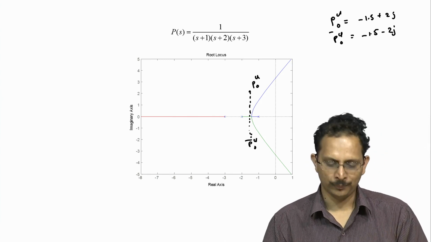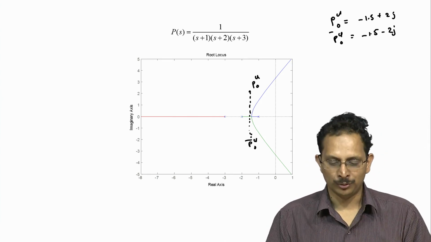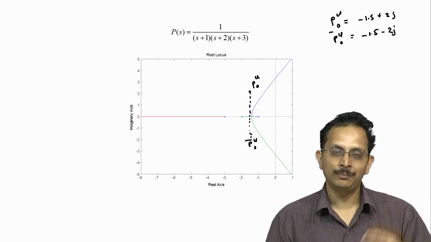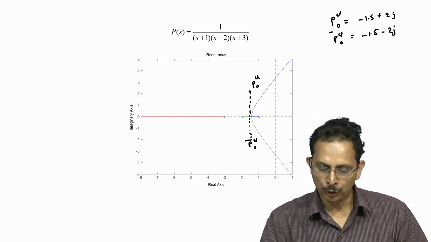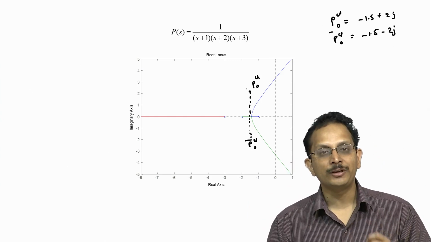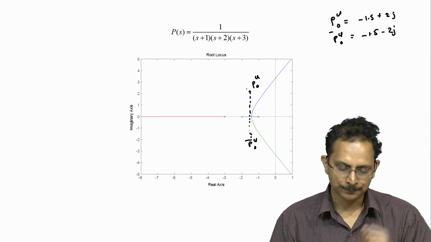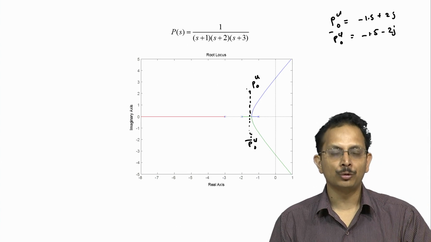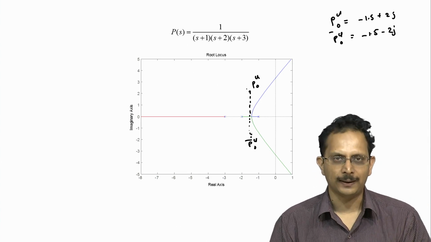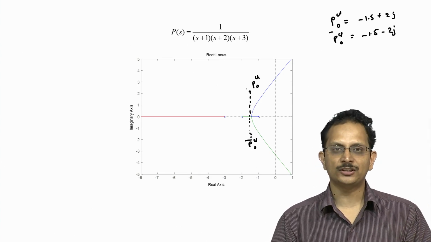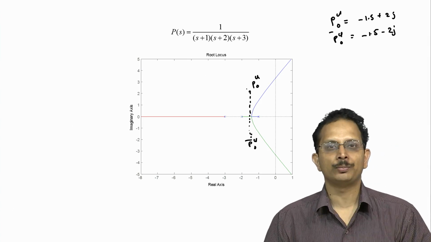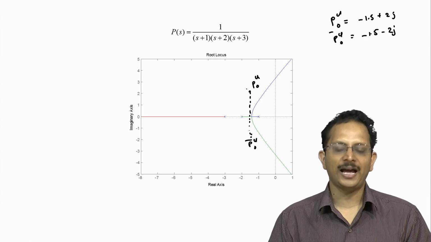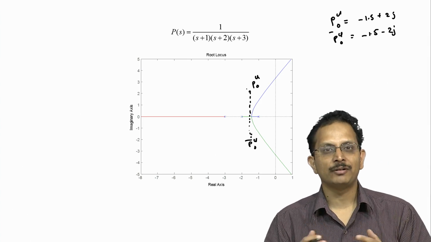So, what should we do? The first thing that we need to do is to get the root locus of the overall open loop system, namely the controller times the plant, to pass through the point at which the closed loop pole has to lie. So, that is the first thing. The root locus has to pass through PCL naught and PCL naught bar. Of course, if it passes through PCL naught, it will automatically pass through PCL naught bar because the root locus is symmetric about the horizontal axis.